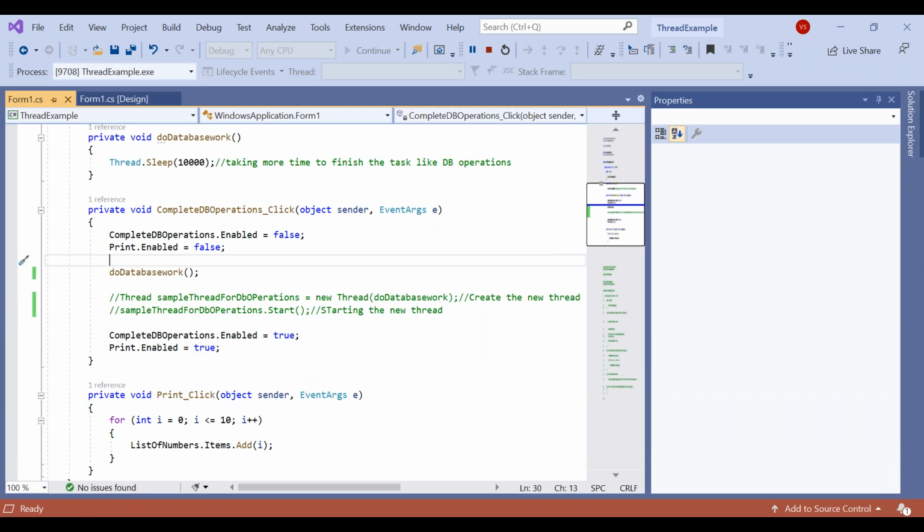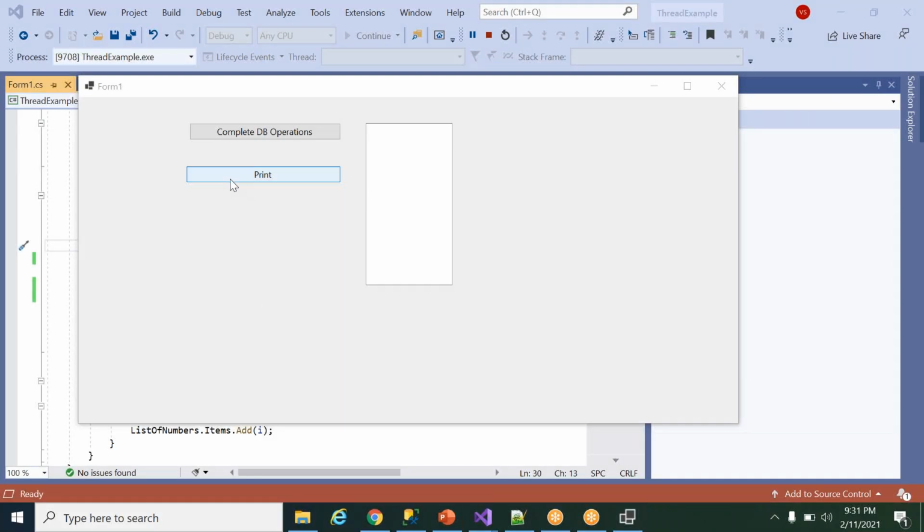This is my application. When I click on Complete Database Operation, see, these two buttons are disabled. For 10 seconds, the Print button will not be enabled to click because it is disabled.